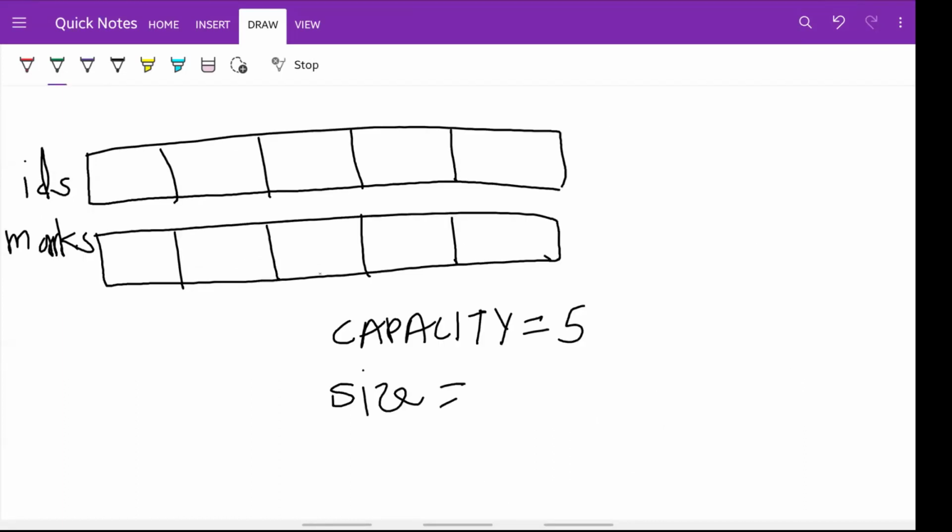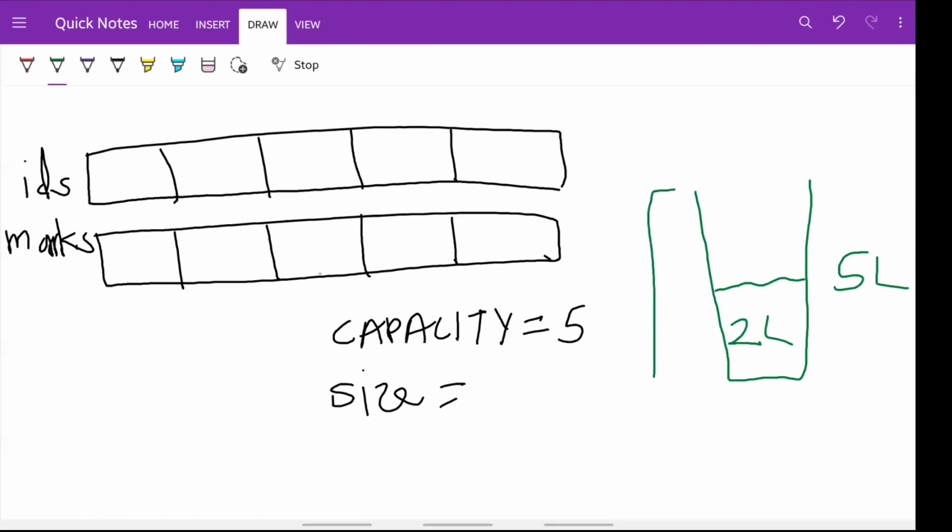You can think of capacity as the size of a bucket. Let's say the capacity is 5 liters, and size is how much water the bucket contains, so maybe this is 2 liters. So capacity is the total amount that the array can store, and size is the number of elements that are currently in the array.